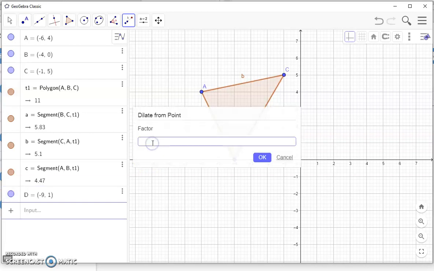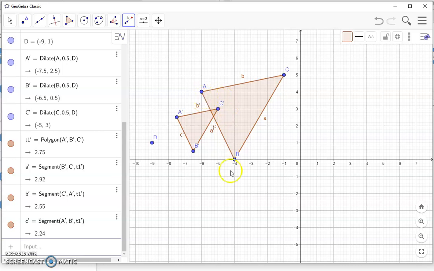So I select this. It is asking me the scale factor. So suppose my scale factor is half, that is 0.5. And when I enter 0.5, which is less than 1, the size will reduce. So 0.5, and you press OK. So you see that the diagram ABC has now become smaller in size. So A dash, B dash, C dash is my new image after the enlargement. Now let's do one more example.